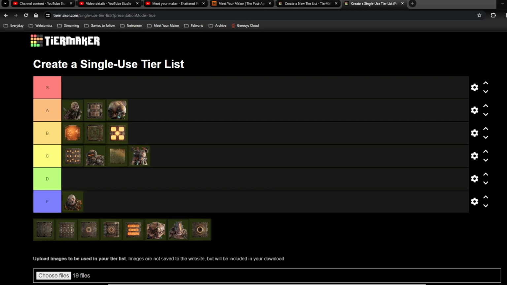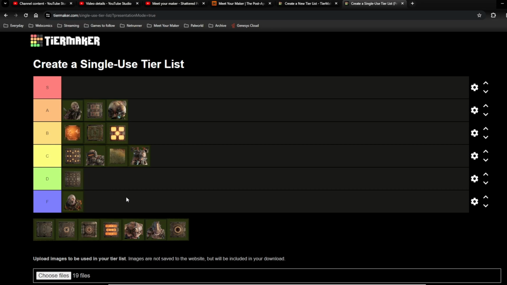Impalers. I've definitely referred to these before as the best and worst trap in the game. They're going into the D tier. They were in the D tier previously. The reason I call them the best and worst trap in the game is because no one should ever be hit by an impaler, but